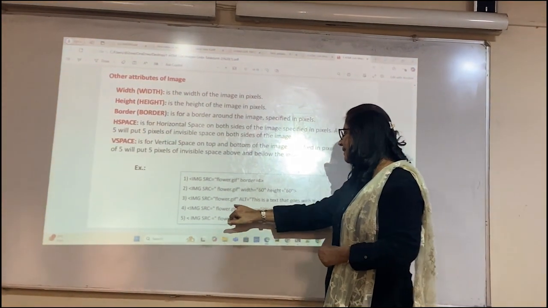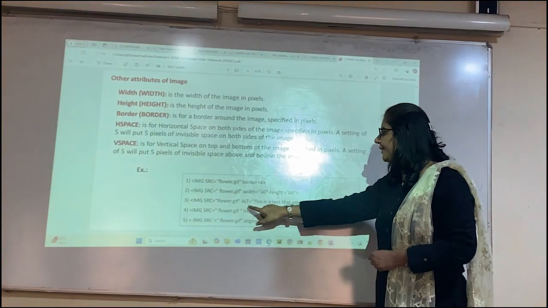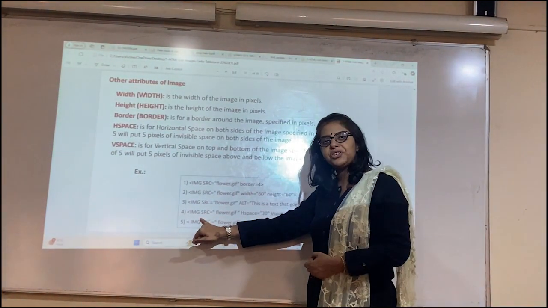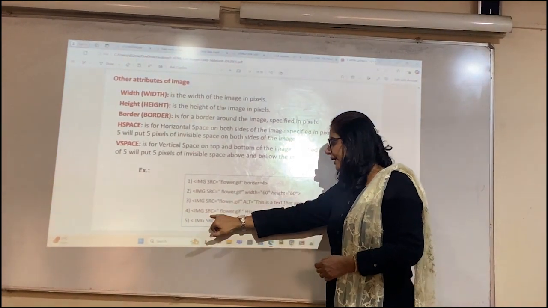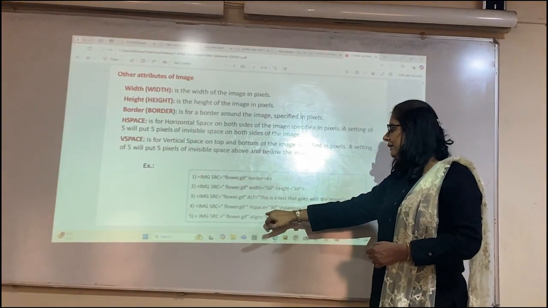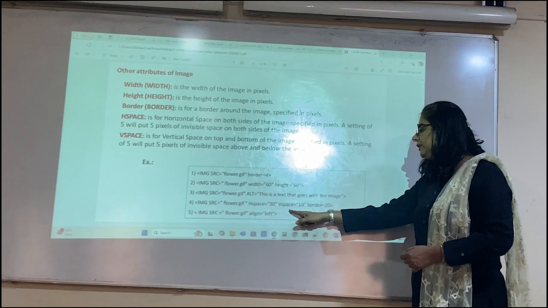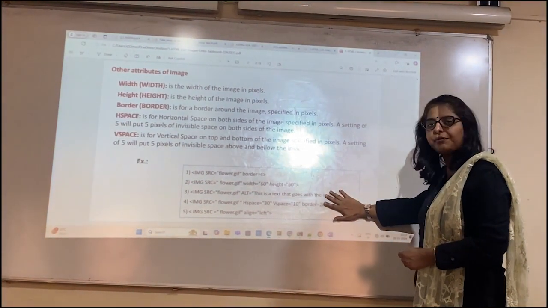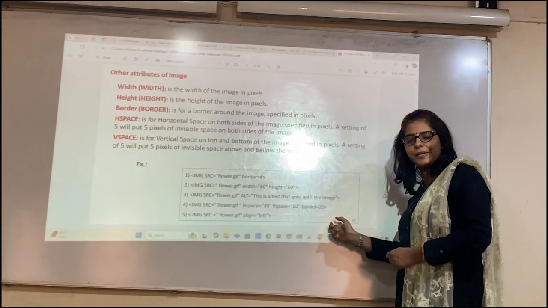Then img src, as we already discussed, this alt. Then hspace 30, this is the way to mention hspace and vspace. img src flower.gif, then hspace 30, then vspace 30 and border 20. So with the help of this we give horizontal space and vertical space to our image.